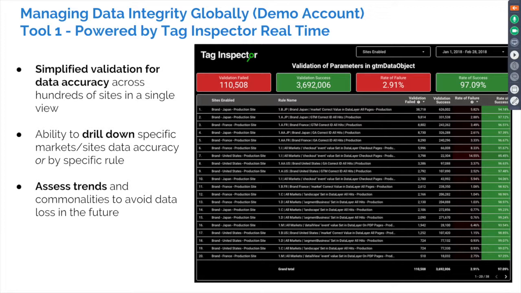for cross-site, multi-platform visuals to see overall how's the business health in terms of tracking. Are we maintaining our data layer before and after releases? Is everything firing, all the pixels continually tracking for those key interactions and validation points? So what I'm showing on the screen here is just a dashboard we built in Data Studio, powered by Tag Inspector Real-Time data. And you can see there are many different example sites. It could be different countries, different platforms, domains, whatever. And all the little touch points that we're checking for, making sure specific events are firing, things in the data layer are still captured there, GTM and GA IDs are correct, they don't get flopped or switched in the tag management system or in the source code, and what's our rate of success.